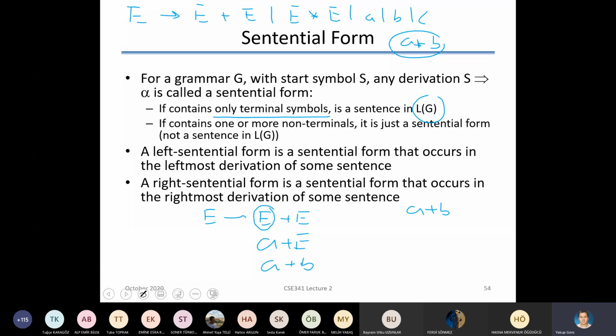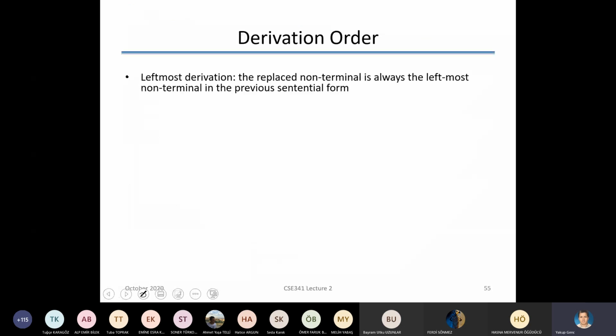Leftmost would be a bottom-up approach, and the rightmost would be a top-down approach. Whatever, we are going to see that in a few minutes. So fine. This leftmost derivation and rightmost derivation, we have seen that they will actually differ in terms of